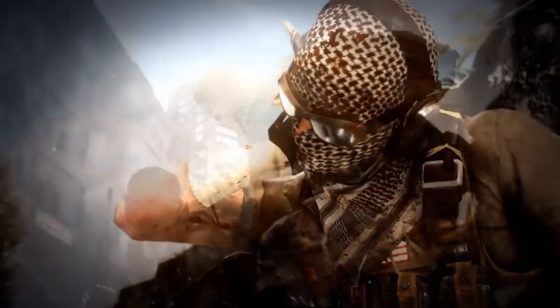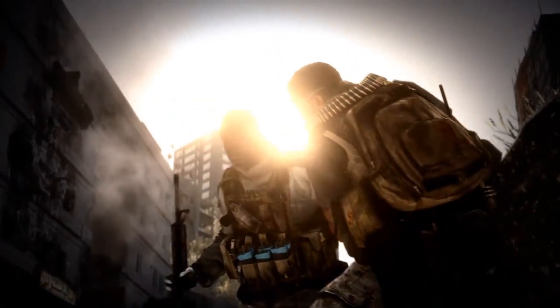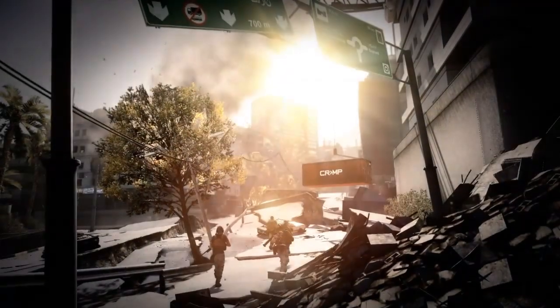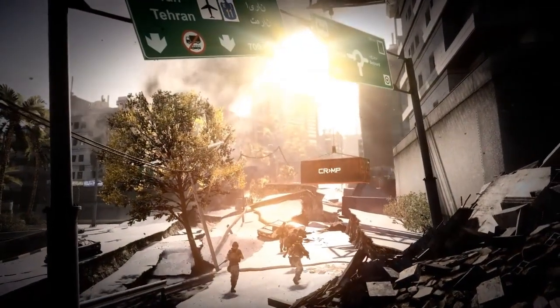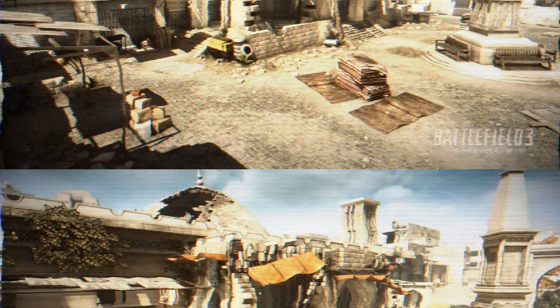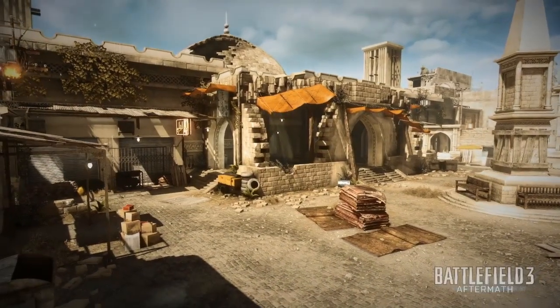This week, an overview of Talah Market from the Battlefield Aftermath DLC. Whilst all 4 maps in Aftermath are themed around the same concept of a post-earthquake environment, they all play differently. Team play is always at the forefront when designing maps at the DICE studio, and Talah Market, internally nicknamed simply